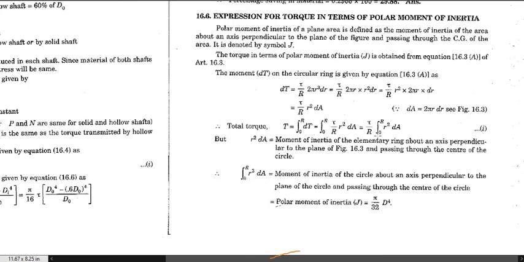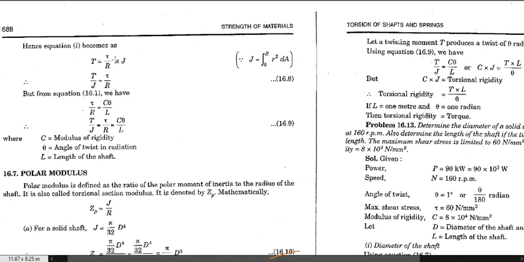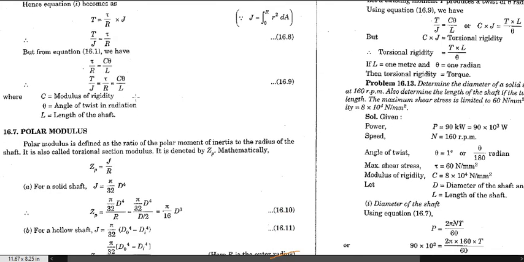And if you go on for this entire range from 0 to r, then you will get the moment of inertia about the perpendicular axis, and that is nothing but J, the polar moment of inertia. Okay, so from there you can just put that value J over here, and then you will get T over J equals tau over r. Then you put that equation in this torsion equation, and you will get this refined equation of torsion.